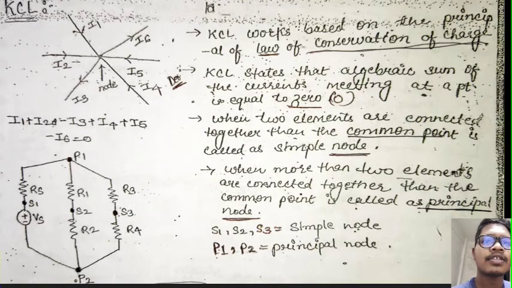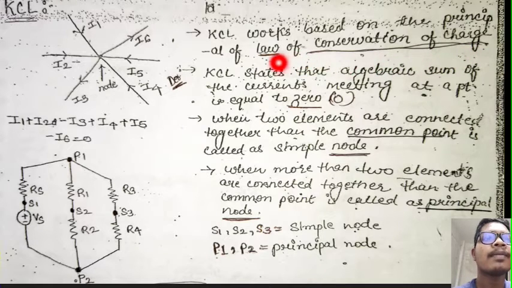So this is the first, Kirchhoff's current law. What is Kirchhoff's current law? We have already studied current, electron, voltage and resistance. So why are we going to discuss Kirchhoff's current law? Because to solve a complex network, a looped network, we use Kirchhoff's current law or Kirchhoff's voltage law. Kirchhoff's current law works on the principle of the law of conservation of charge, so it is also known as the law of conservation of charge.